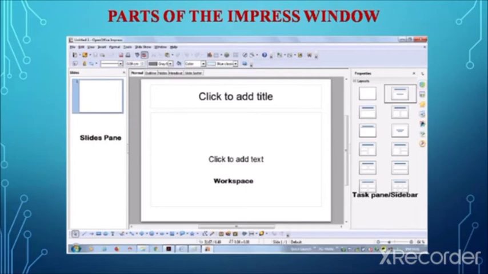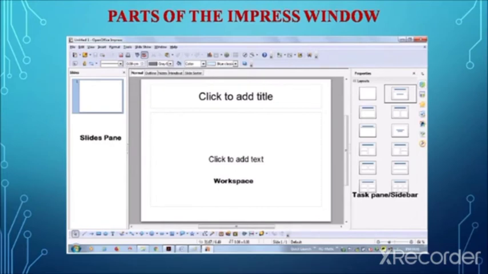So we can do all these actions in the slide pane by clicking a particular selected slide. We can also do other things, like slide transitions. Once you select the slide, after each slide we can set certain transition effects, like how the slide exits and how the new slide enters, the movement effects and animation effects.